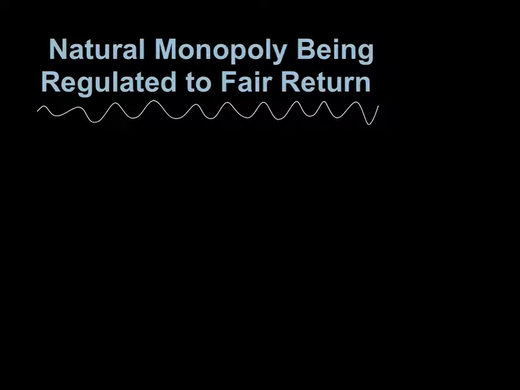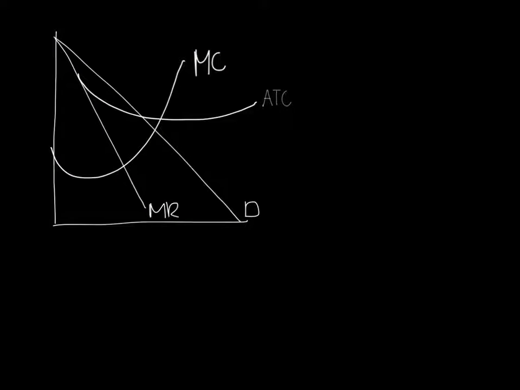Okay, so in this video today we are going to be talking about Unit 4 in Microeconomics, Imperfect Competition, and Natural Monopolies being regulated to fair return. Okay, so we're starting off with the